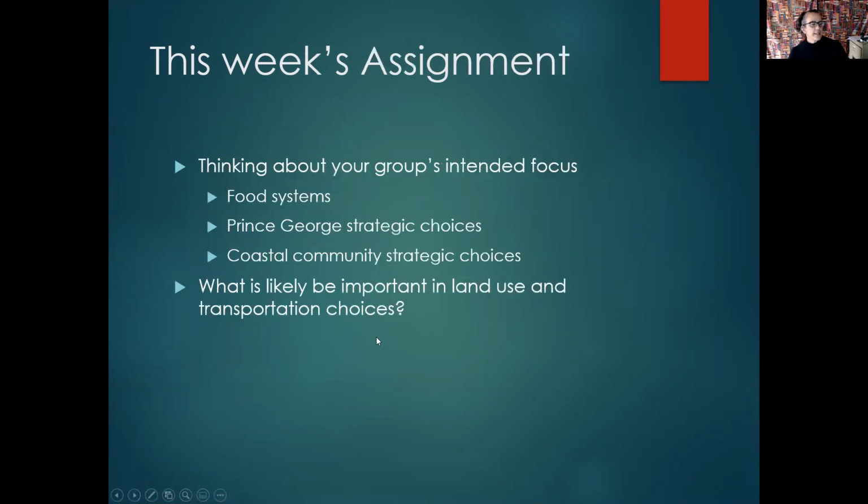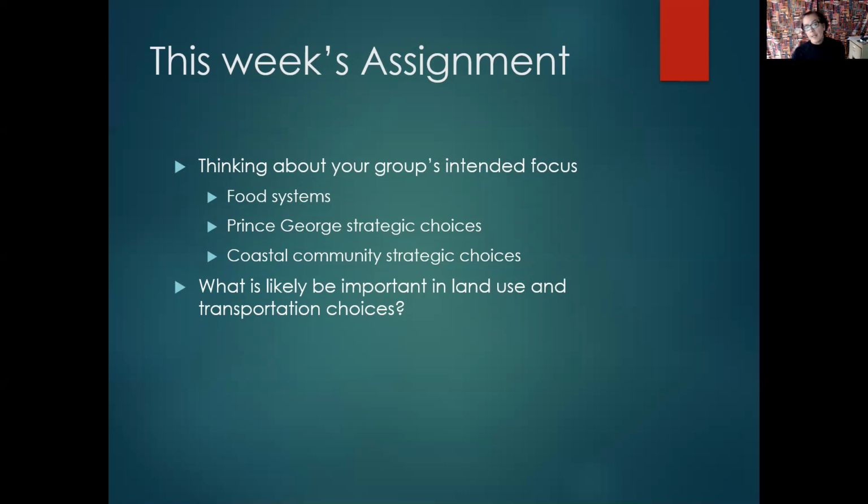I think since your assignment is to try to relate the land use pattern systems to what you were thinking is important to the strategic choices, there's so much variation in what you guys are doing. So I want you to just try to incorporate some of this information into your thinking about what likely needs to be changed.